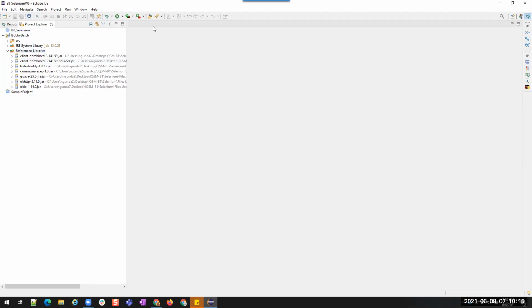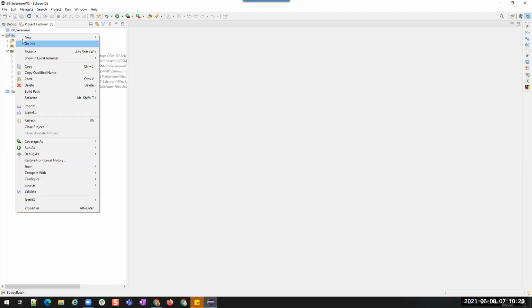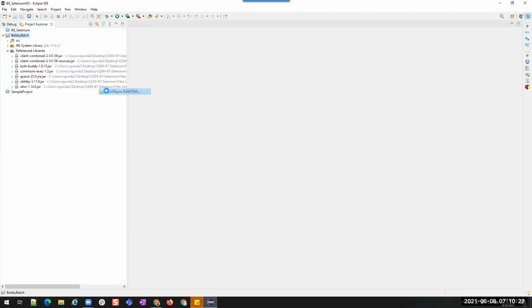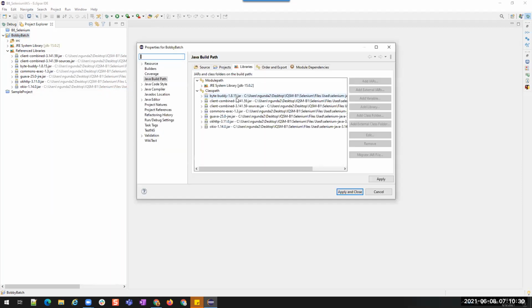So how did we add this project reference library? Right click on the project, go to build path, configure build path, and under the libraries tab, we selected class path and added all the external jar files from all the folders of the Selenium library that we downloaded.